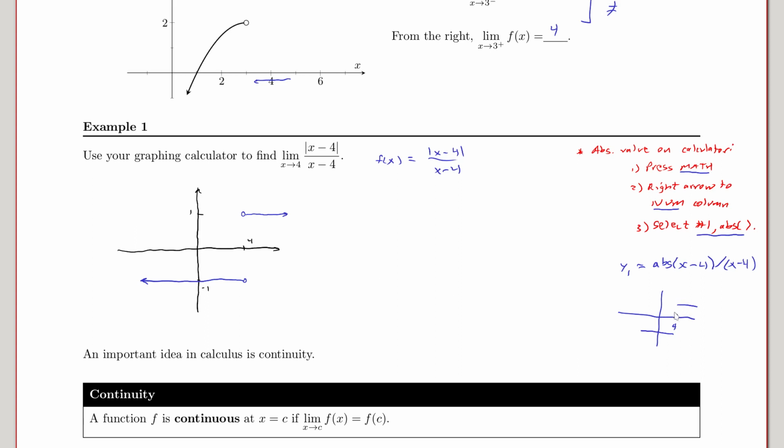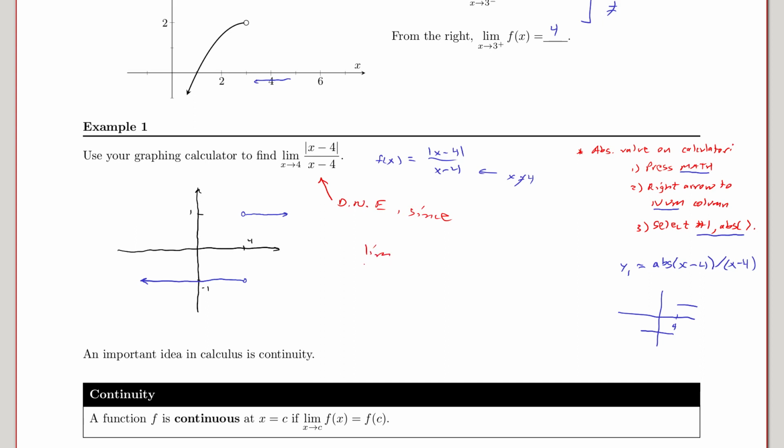Okay, but it's not defined at 4. We know this because the denominator would be 0 if x were 4. So x can't be 4. So those should be both open circles there. Even if they were closed, it wouldn't be a function, but that wouldn't really affect what's going on with limits if one was closed and one was open, but they are both open. So just looking at this graph, you can tell this limit does not exist, since